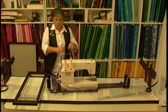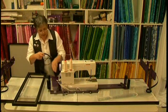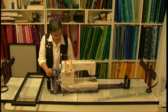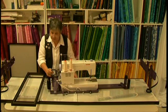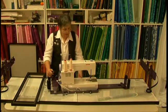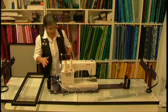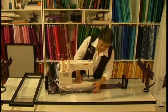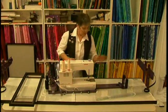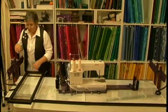Now I've had one machine where the foot control was so deep, so wide, that they couldn't put the plug into their sewing machine. So what you'd have to do in that case, if the area at the back is not big enough to put your power cord in, is to actually build up the sewing machine part. It's quite safe. You don't have to worry about it dropping off onto the floor because it won't happen. It will sit there nice and comfortably because there's virtually no vibration when you're sewing and moving the machine. It's not going to topple off or anything. So now we've come to the point where we are going to put our